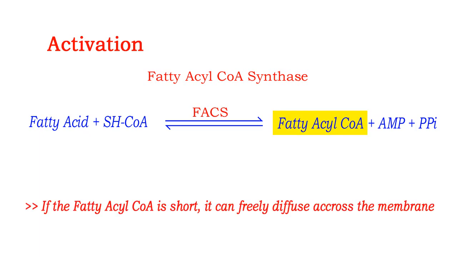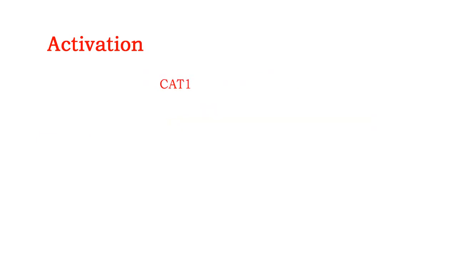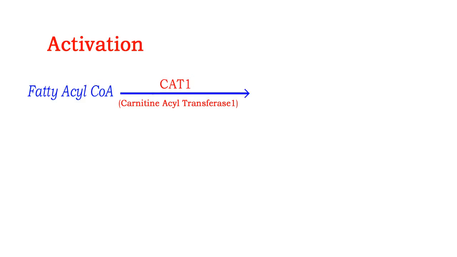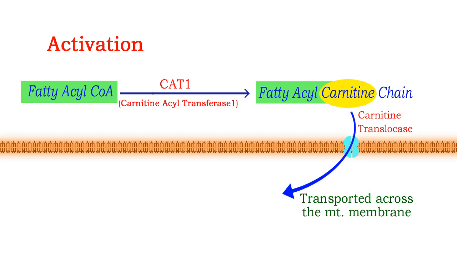If the acyl coenzyme A is short, it can freely diffuse across the membrane, but if the acyl coenzyme A chain is long, it binds with the transporter molecule carnitine, forming an acyl carnitine chain. This binding is facilitated by a special enzyme called CAT1, or carnitine acyl transferase 1. After that, the acyl carnitine chain is received by the protein carnitine translocase, which is situated on the outer mitochondrial membrane. Carnitine translocase is a transport protein bound to the outer mitochondrial membrane, which transports the acyl carnitine chain across